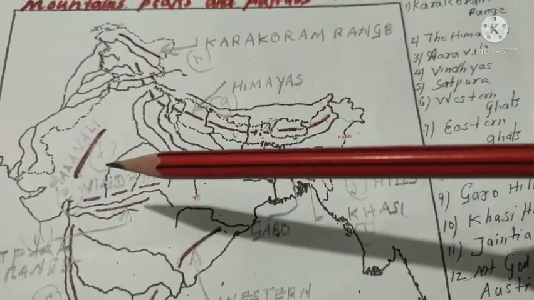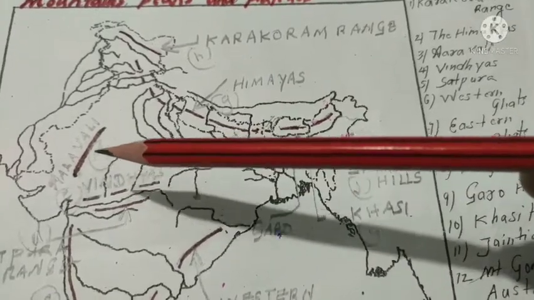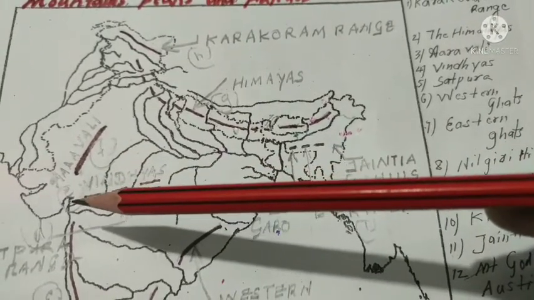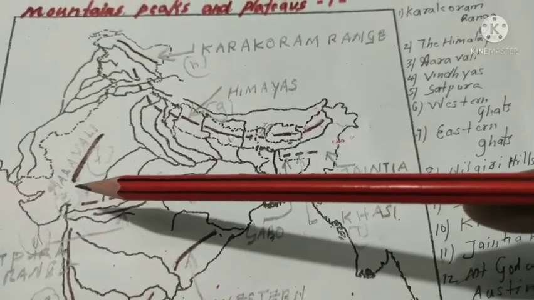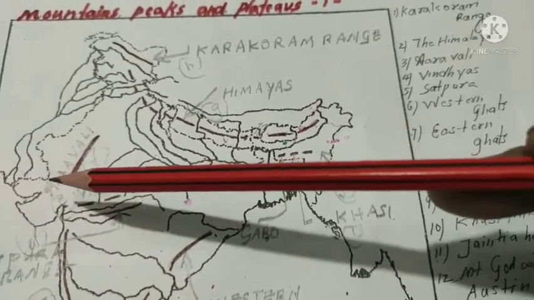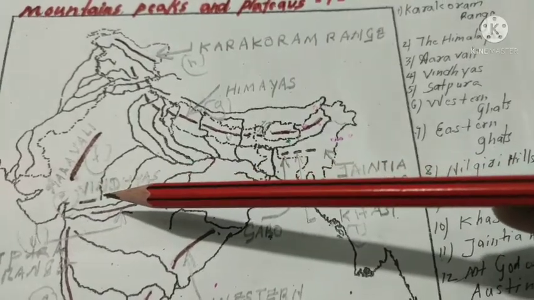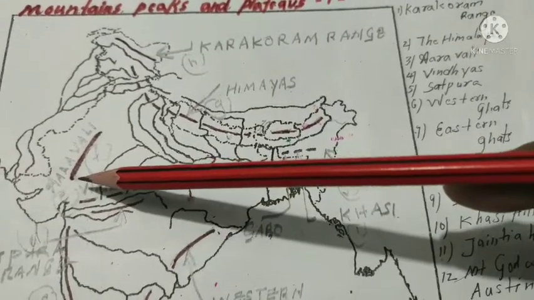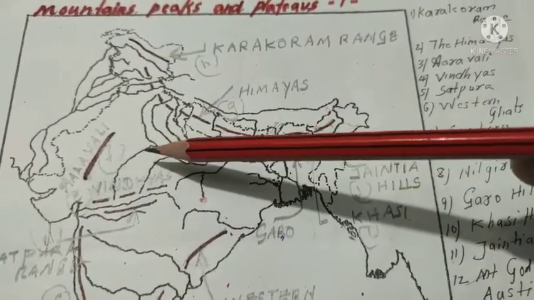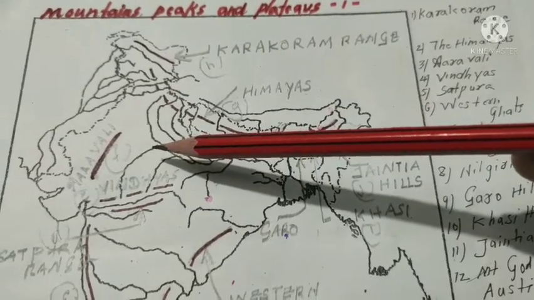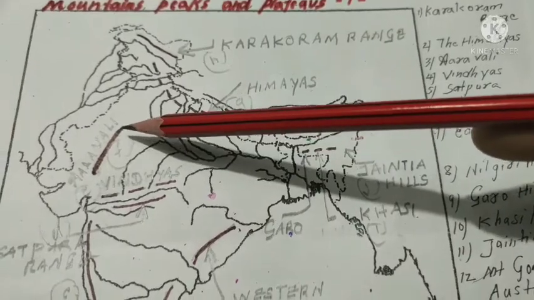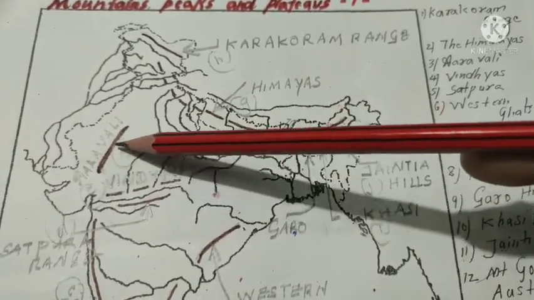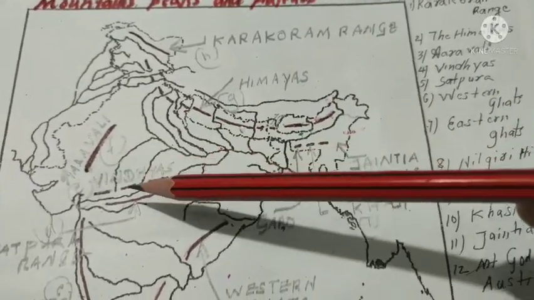And next is the Aravalli. Where is the location of the Aravalli? You have seen this is the Gulf of Khambhat. So this point you can take, and it is between this border and the river Chambal, which means it's a center. So from here up to the river Chambal merging with the Yamuna, this is the point. So from here to here. And next is the